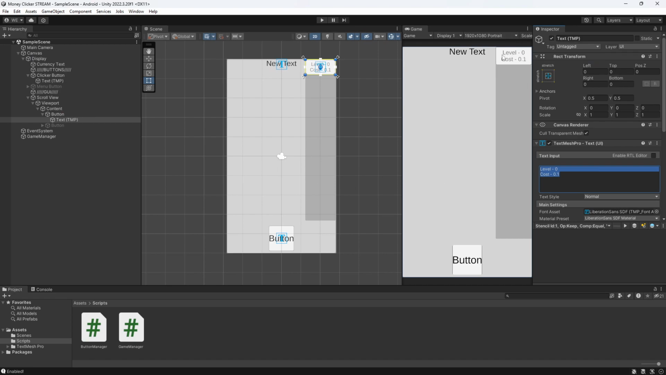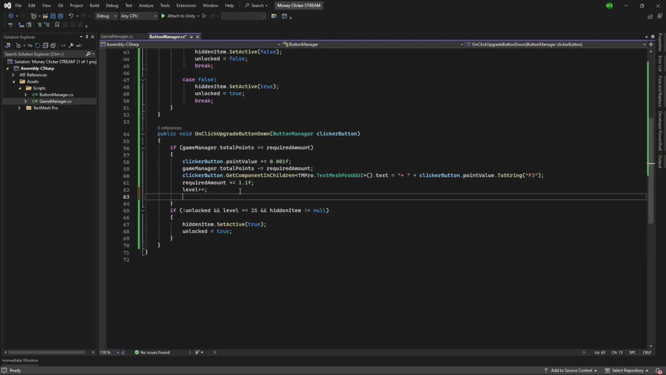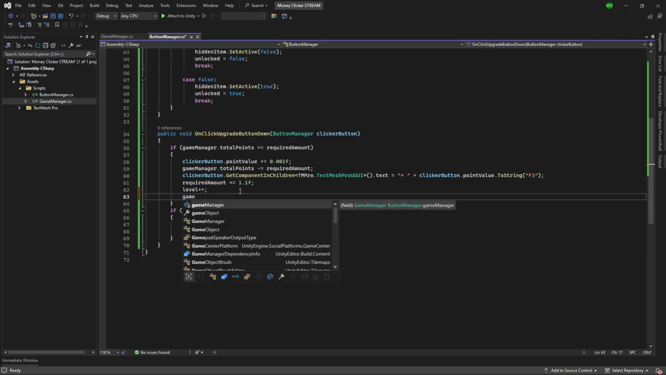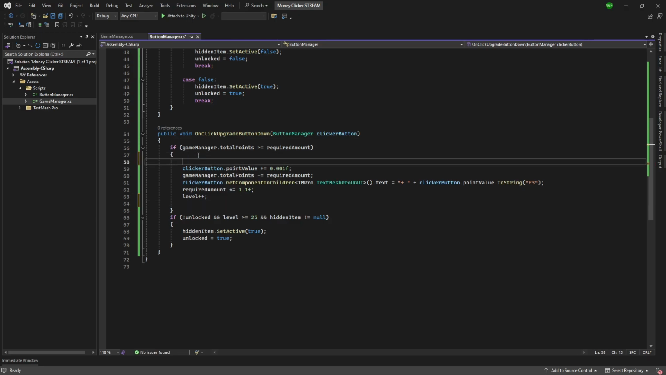So I got level and cost that I want to basically implement, and that'll be really easy to do because we've already got the required amount right here updating and the level right here updating. So we could just go right below here, do game object dot, let's go ahead and make us a little variable up here. We'll do,